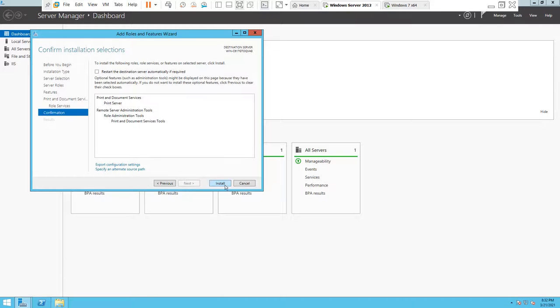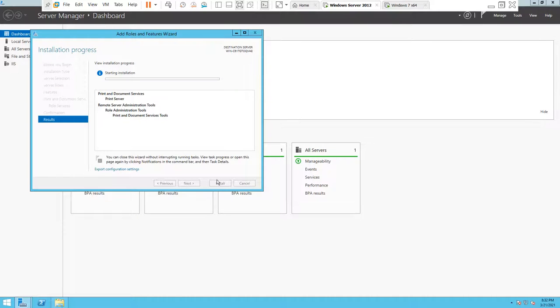Then next, install. So in this task, we are going to install the print server. It will take some time.